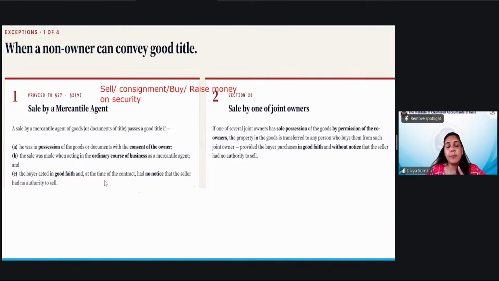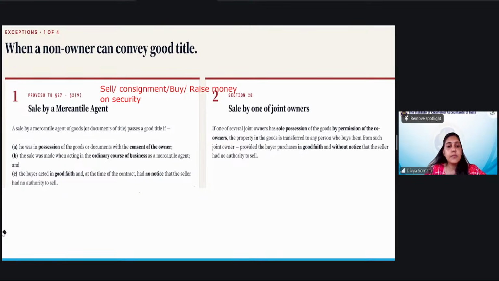And the third and most important point, which you will find in all these further cases, in all the exception cases which we will be discussing, is that the buyer has acted in good faith. So the buyer is unaware whether the person with whom he is dealing is the actual owner or the agent. If the buyer is acting in good faith and had no notice that the seller had no authority to sell, that the person with whom he is dealing is not the actual owner, rather he is just the agent, then in that case, ownership will pass on to him. Is this point clear? Because this last point you will see in each and every exception which we will read further. Okay, let us go to the next